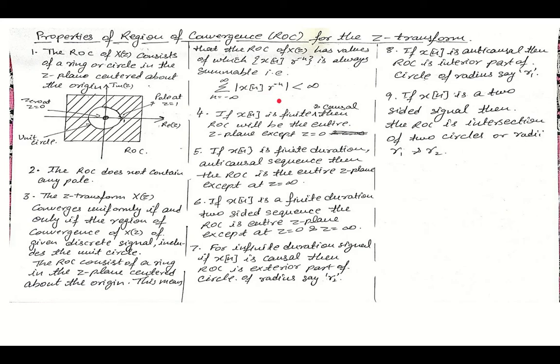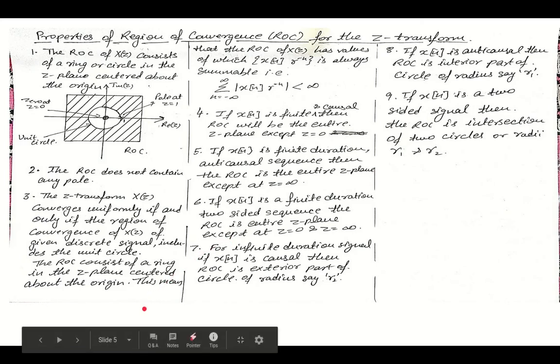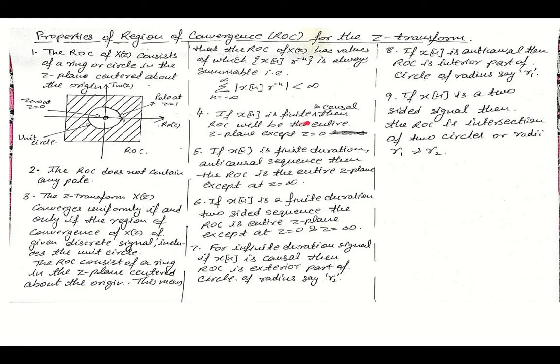That means we can count on the value, or we can get a value. Now further, the fourth, fifth and sixth points reflect the finite duration signal, and the seventh, eighth and ninth points reflect the infinite duration signal. Number 4 says if x(n) is finite and causal, then the ROC will be the entire Z plane except z equal to